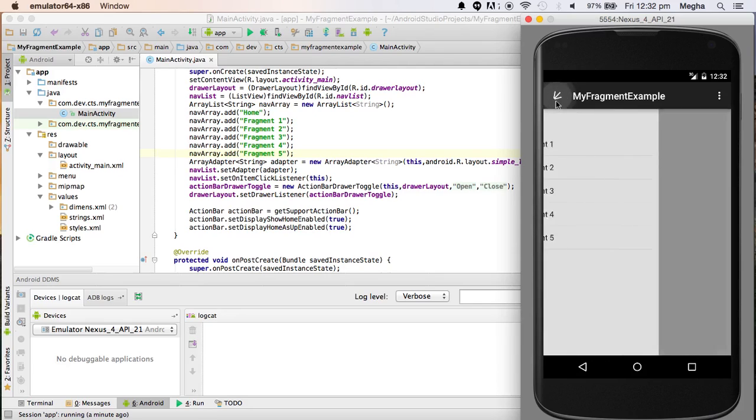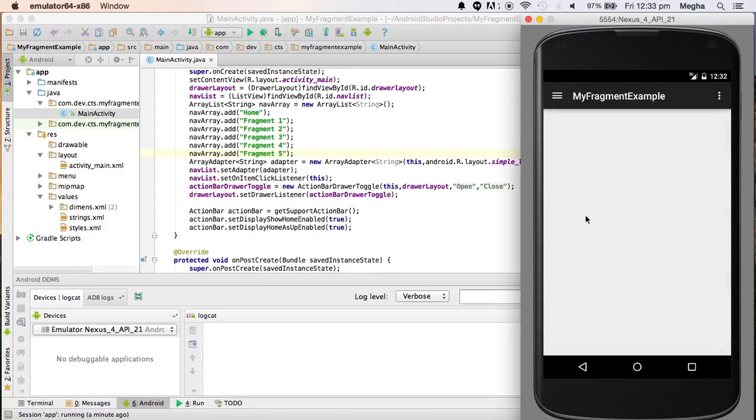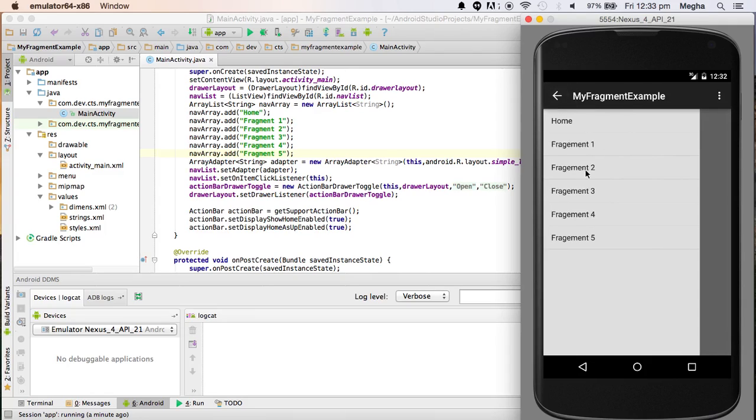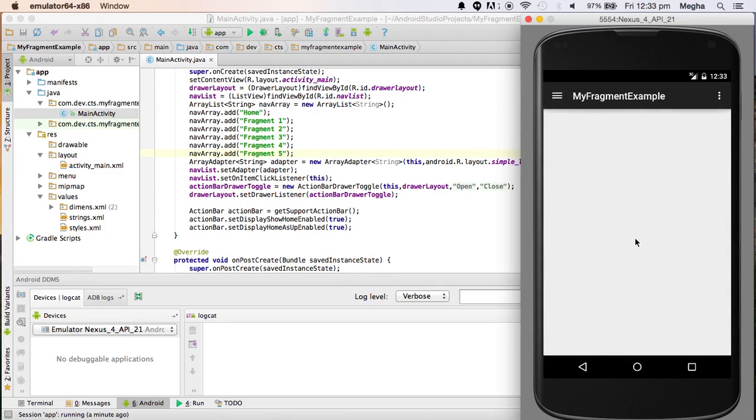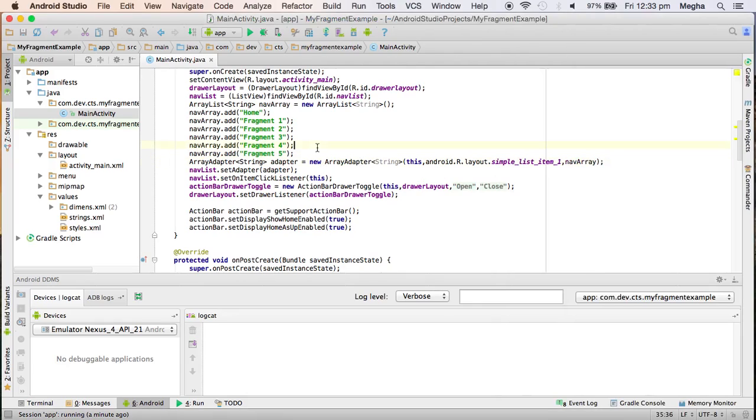I think we can do some more customization still. For example, I want to retain the selection. When the user clicks on fragment 2, fragment 2 may be displaying, but if fragment 2 is still highlighted in the list, the user will understand he is right now seeing fragment 2. So if you could maintain some sort of selection in the list view, it would be more useful. To make that happen,